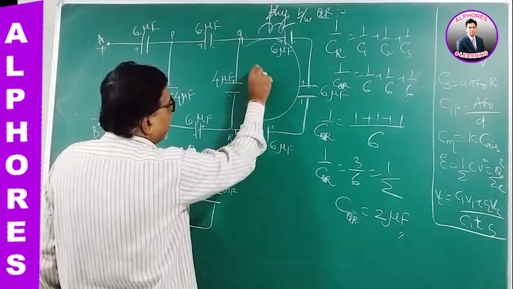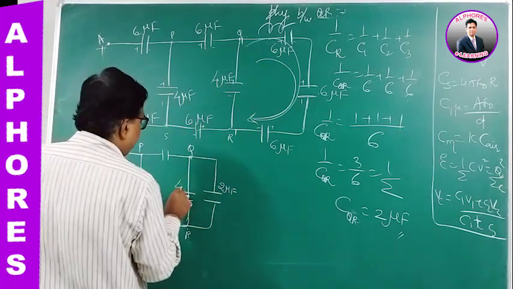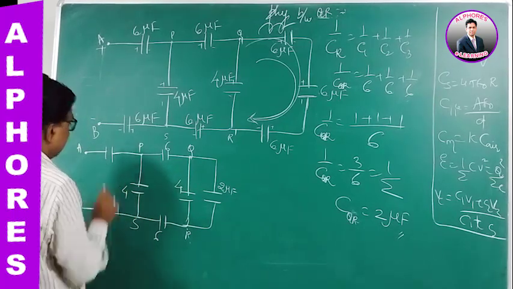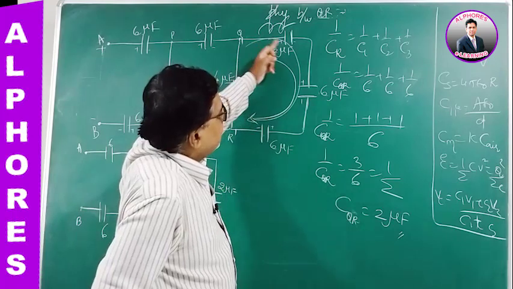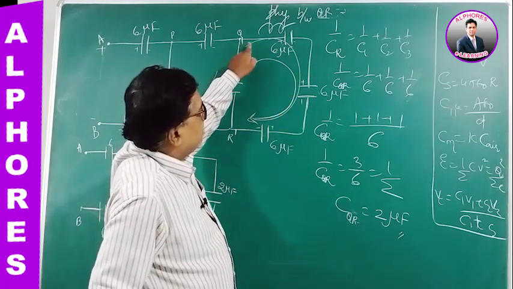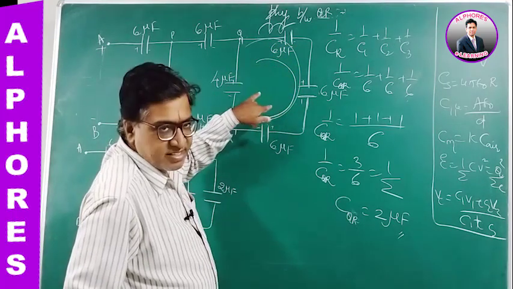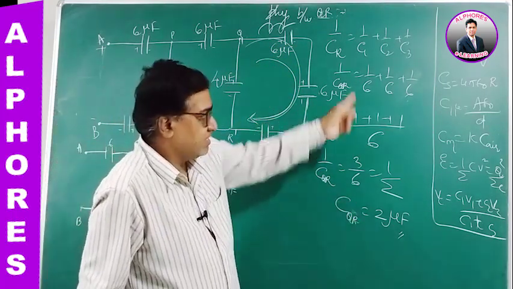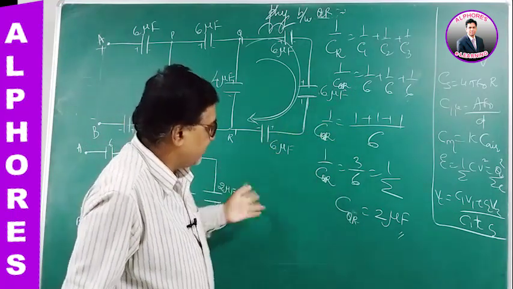So these three together, this loop has come. This is 4 here, 6 he has given it here, 6. This is also 4, 6. These three are said to be in series because whatever charge passes through this has to flow through this and through this. They are in series. So in series, the resultant capacity is 2 microfarad. Or you can even do it by C0 by n. So 6 by 3 it is 2.